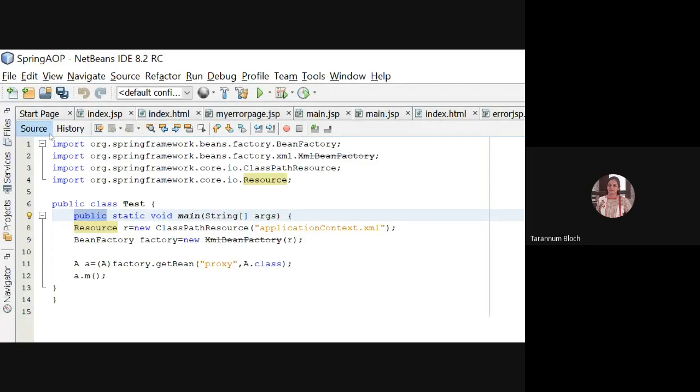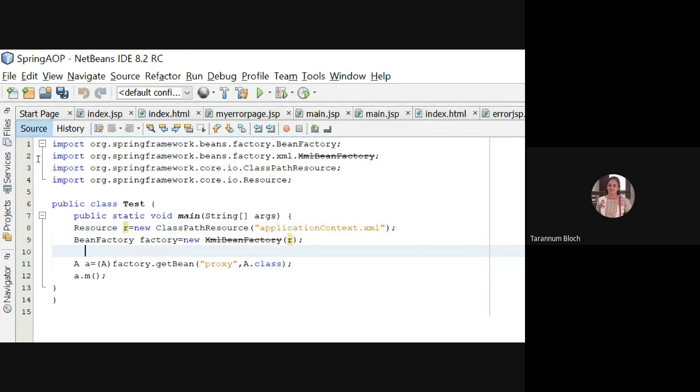We are saying Resource resource is equal to new ClassPathResource, which is your applicationContext.xml file. You are specifying what it is, right? And now you're creating a BeanFactory object. You said BeanFactory is equal to new XmlBeanFactory, where you are talking about the application context represented as resource.